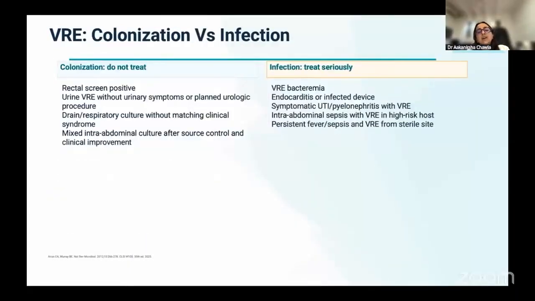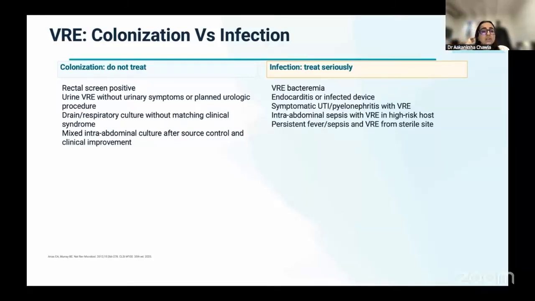Now, in cases of VRE, whether you're dealing with a colonizer or a true infection, how would you differentiate? What would you actually look at? A colonization could be a patient with a rectal screen positive, no clinical syndrome, a urine VRE with no urinary symptoms. A patient has not ever undergone any urological procedure, and suddenly you've got a VRE on his urine